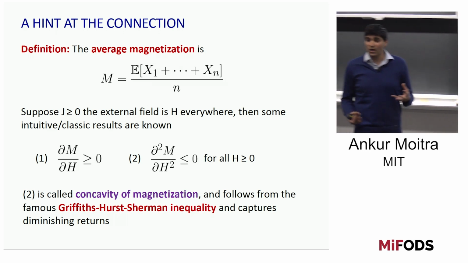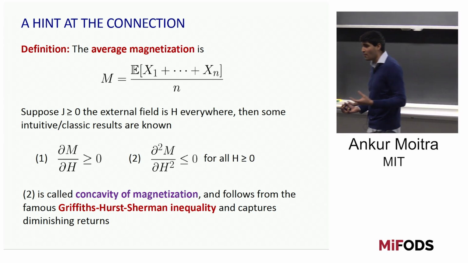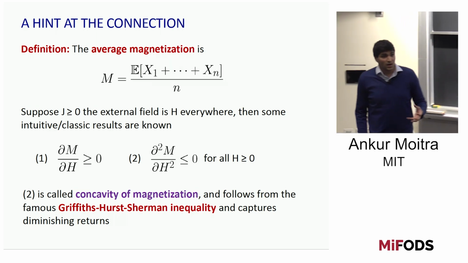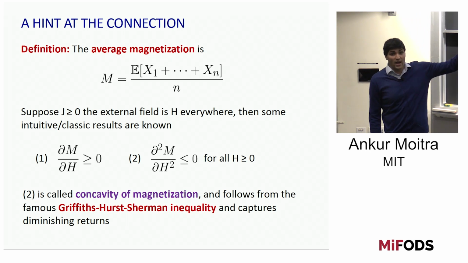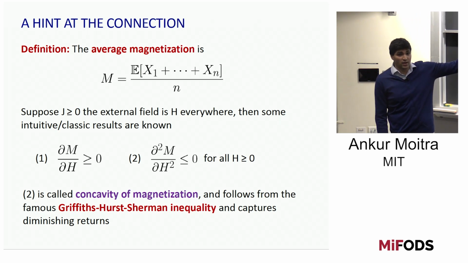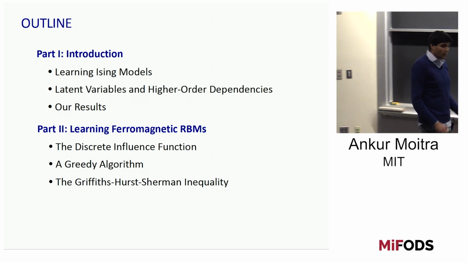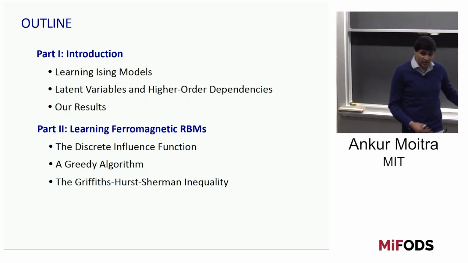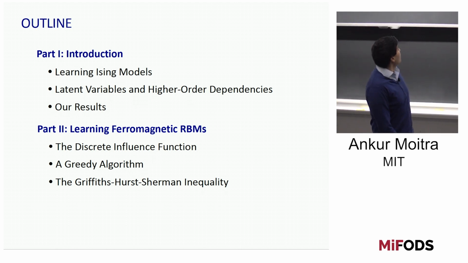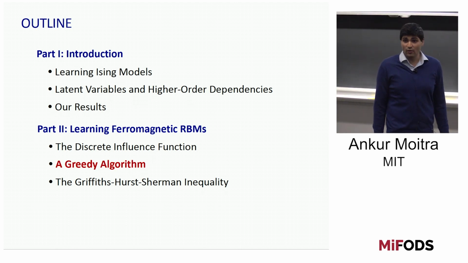And this is the hint of the connection: submodularity is really a property about diminishing returns, and that's intimately related to things like the concavity of magnetization. So let me take that as given, and then I'll show you the GHS inequality later and explain why they're connected. But first, let me tell you a simple greedy algorithm now that we have this underlying submodular structure